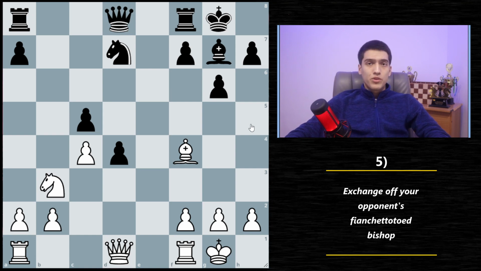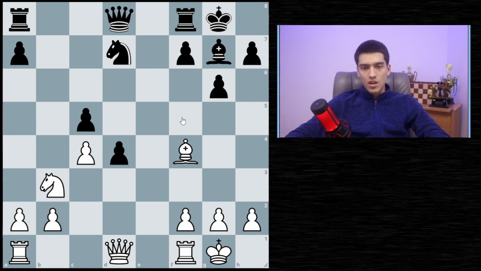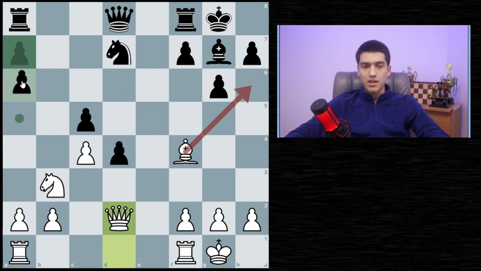Usually, by doing this sort of stuff, you will be able to create weaknesses around your opponent's king side, and this will lead you to create some sort of attack. Here you can see that black has the fianchettoed bishop, which means both sides have dark square bishops. And in order to trade these bishops, we need to move queen d2, which can result in playing bishop h6,